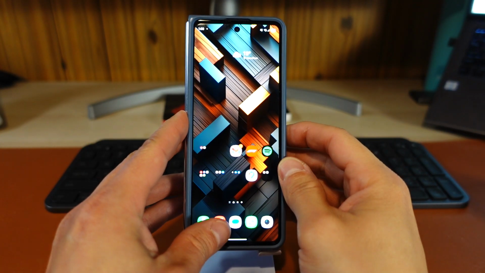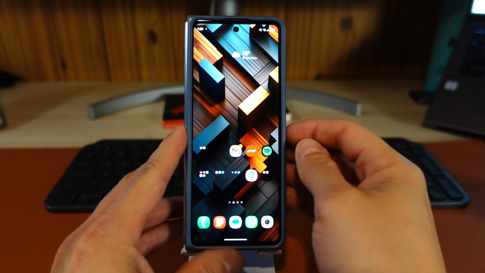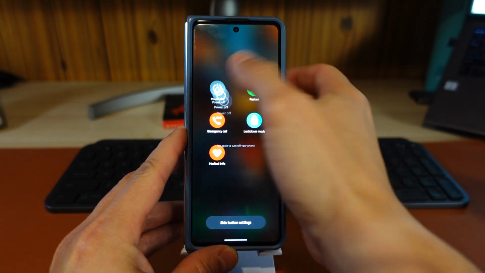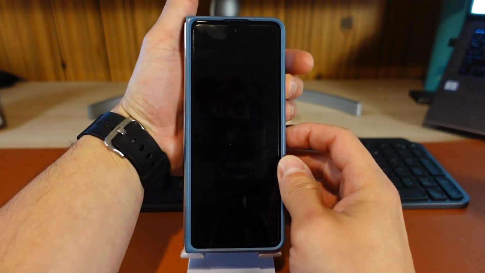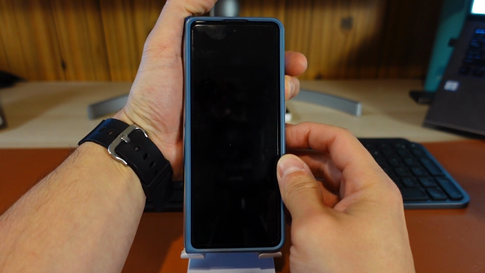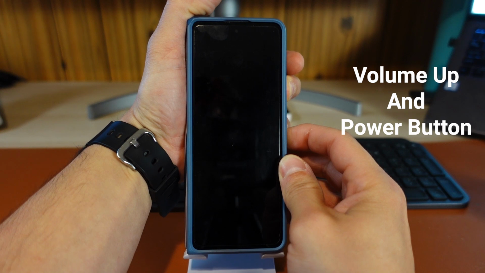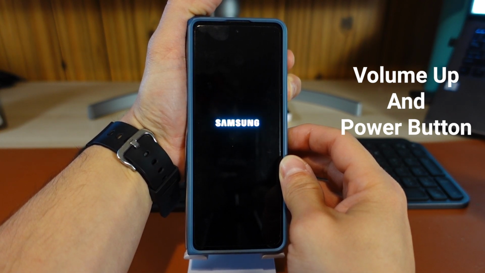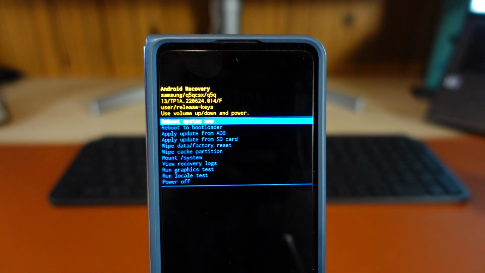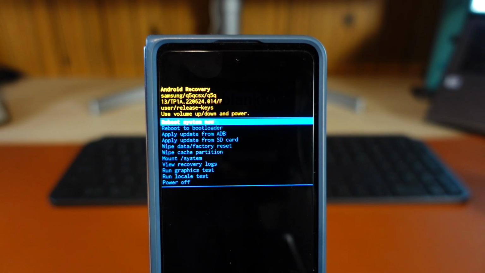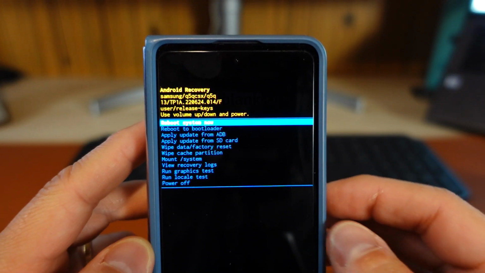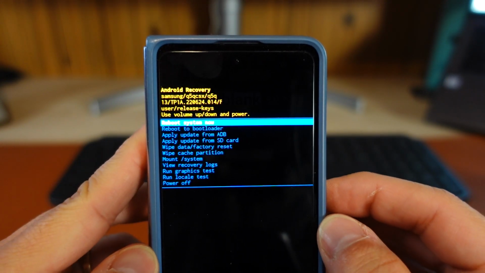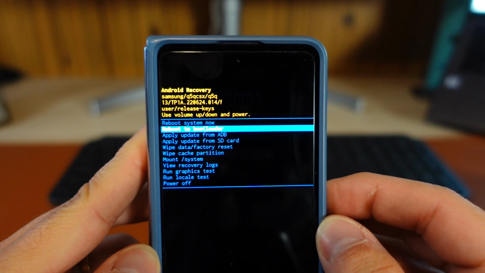Okay, we'll have to turn off the phone, power off, and then when we turn back on, we should be holding the up volume and the power button. It will bring recovery mode. Here we have a few options. It is reboot the system, and what we wanted to do, we go down with the volume button to wipe